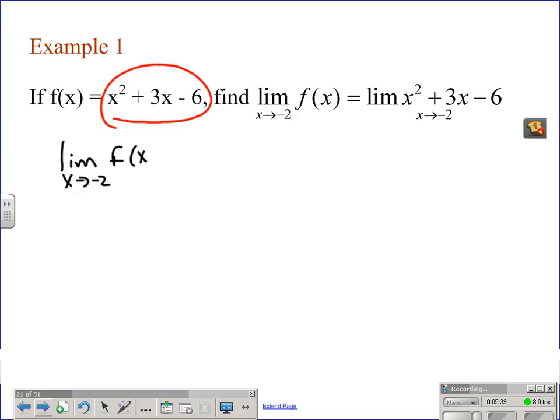And I'm just going to write f of x too, so it can be a little shorter. And actually, no, let's go back and write out the whole thing so you can understand where I'm going with this. x squared. All right, so once I have that, you notice that I've got x squared plus 3x minus 6. I can rewrite those as, suppose the x squared is your g of x, your 3x is going to be your h of x, and your -6 is your s of x. Then I can rewrite this as it's equal to the limit as x approaches